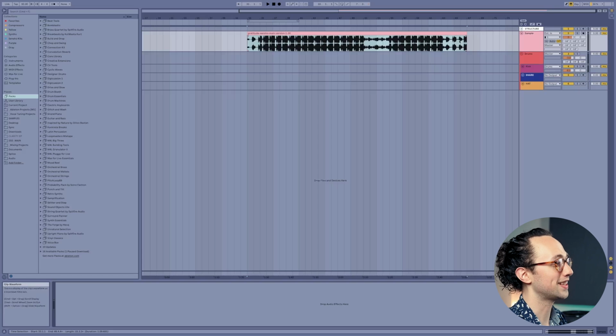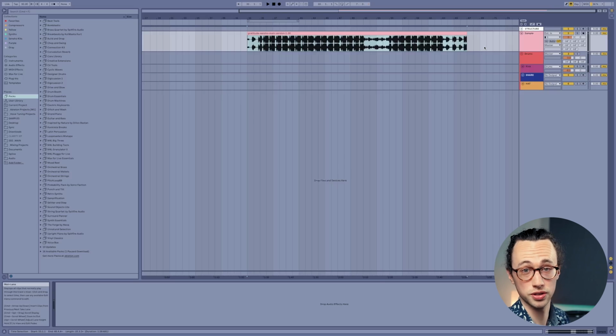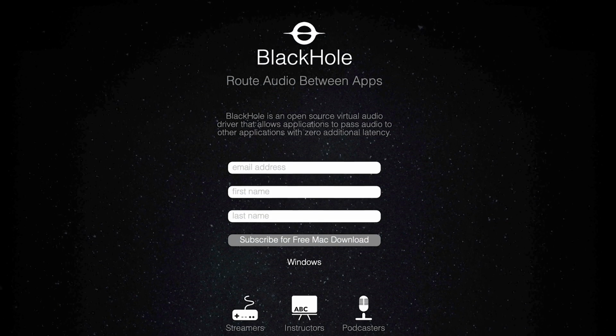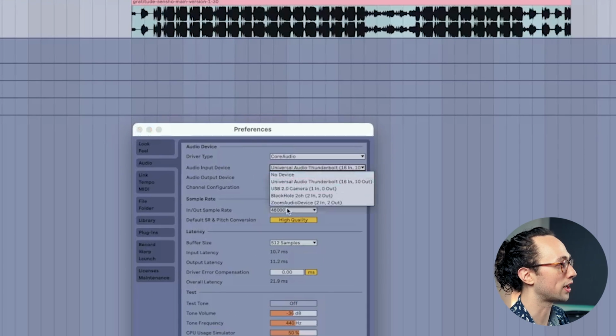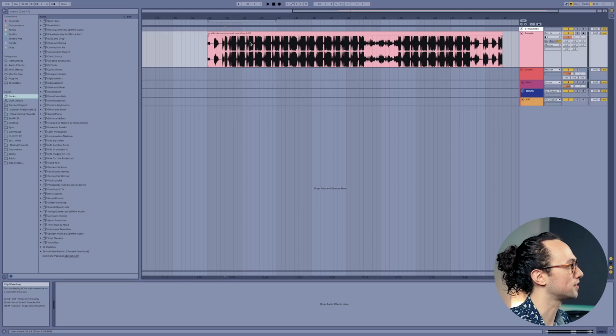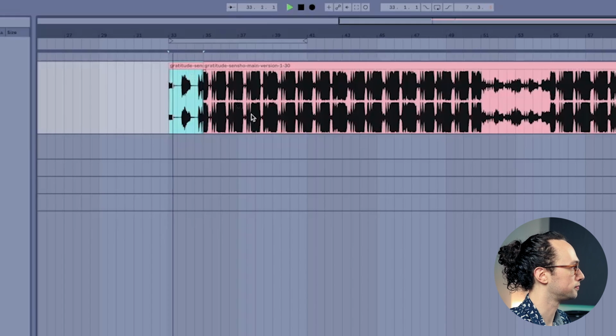What I recommend you do is record the audio of that song into your DAW, and if you're on a Mac, you can use a program like BlackHole to do that, where it creates a digital bus for you to route audio through, and you can set the input to be BlackHole. Then what I like to do is go through and slice up this track into clips that represent the structure of the song. So for this song,